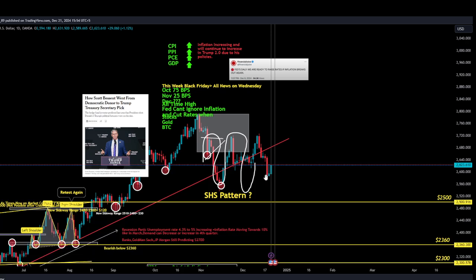Mostly we have a new sideways range on the day one time frame, between 2800 and 2530. As long as the price is trading within this zone, we are safe. Just like almost a year ago, we had a range where the high was 2000 and the low was 1600. This December and next year, we might have a high of 2800 and a low of 2530. So we have to trade within these two zones.